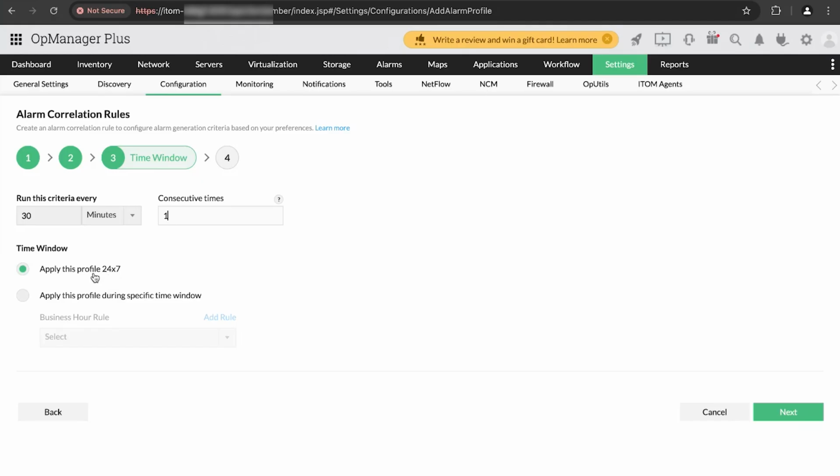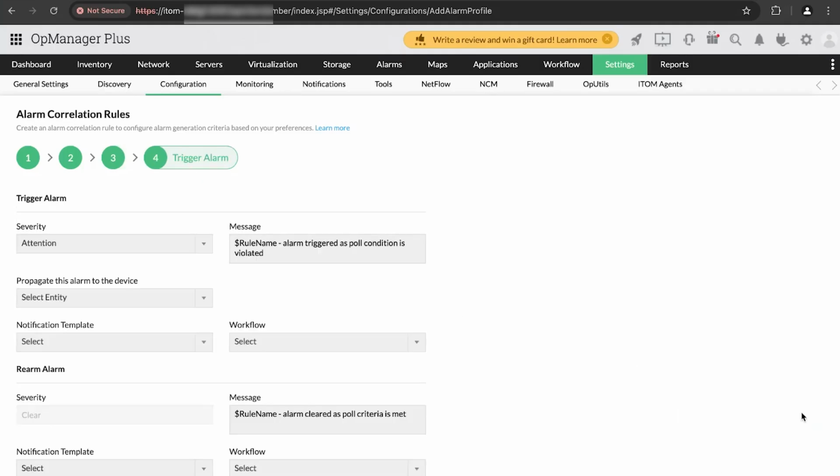during all times of the day or only during a specific time window, using something known as the business hour rule, which I'll explain soon. So currently I'm just applying the profile 24/7. Afterwards, I'll be asked to specify the alarm details. What sort of severity should this alarm have? So should both temperature and availability go down, temperature go up and availability is marked as down, I should get